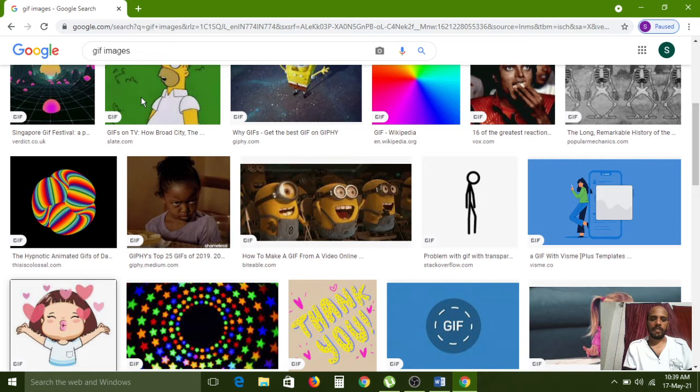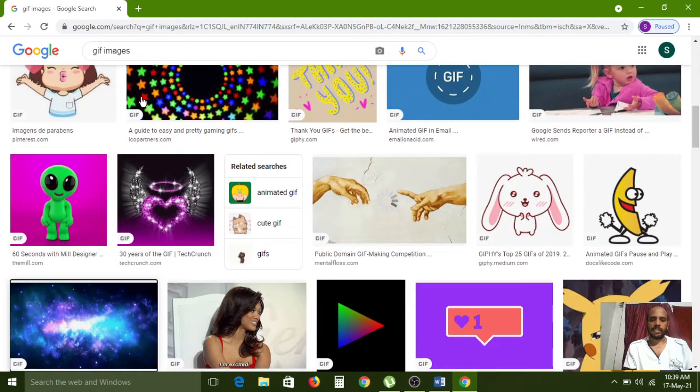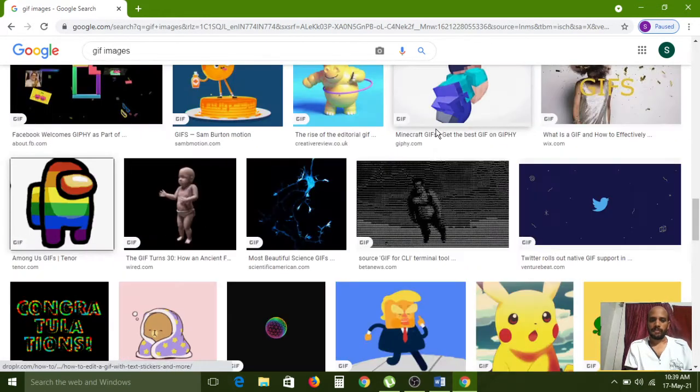So these are the GIF images. This is also a GIF image, and this is also a GIF image. How to find out that these are all GIF images?